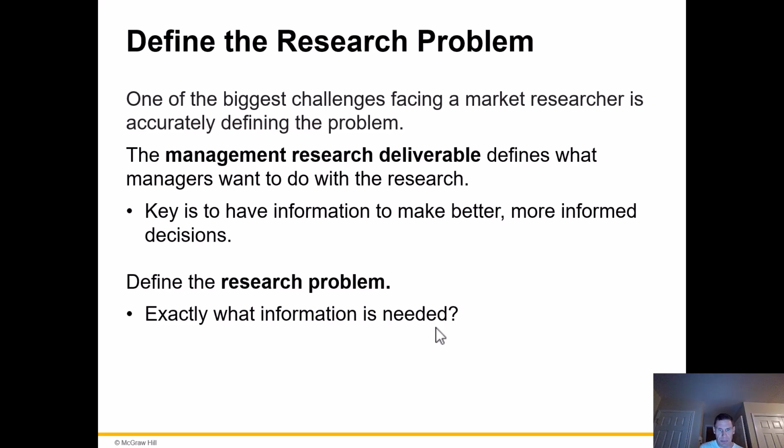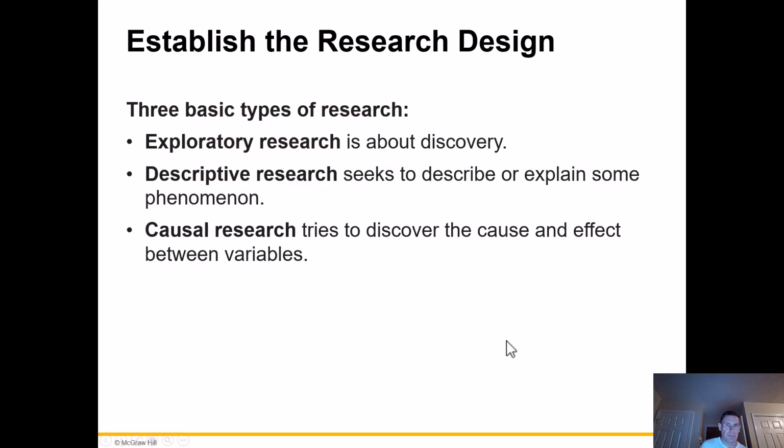Now, to define the research problem, exactly what information is needed, and obviously that's going to depend on the research problem itself, and how easily can we get the data that we need to turn that into useful information. There are three basic types of research. We have what we call exploratory research, which is about discovery. Descriptive research seeks to describe or explain some phenomenon. And then causal research tries to discover the cause and effect between variables, which I will say, as a researcher myself,